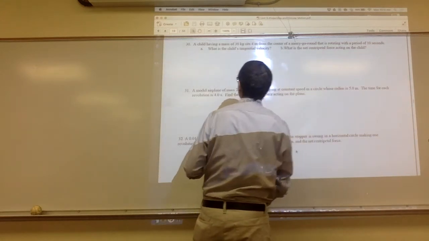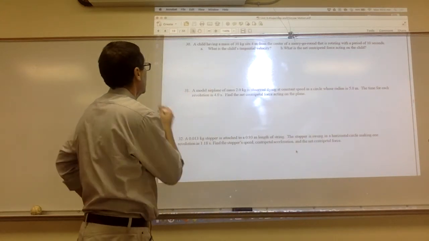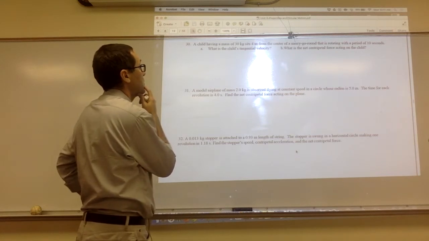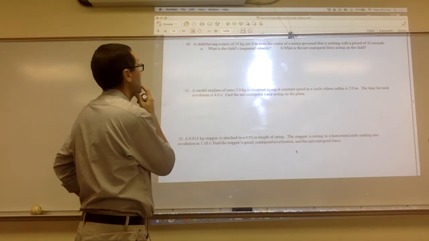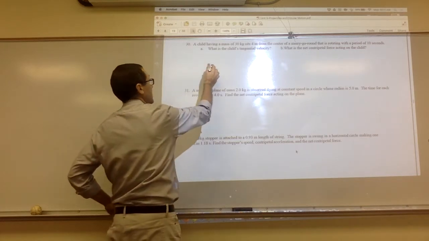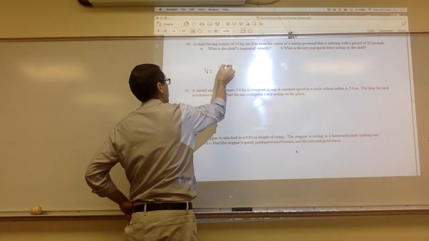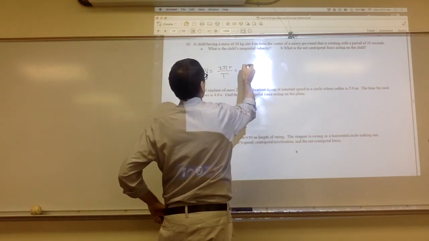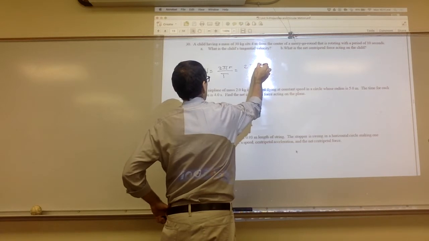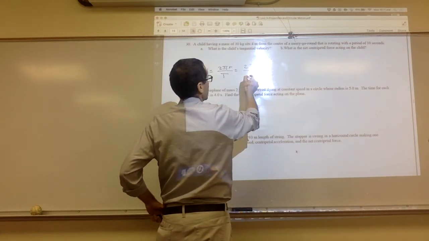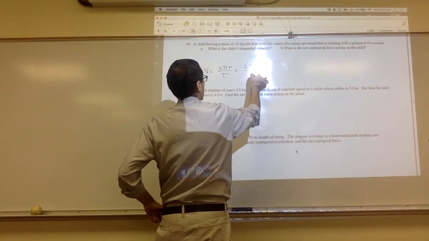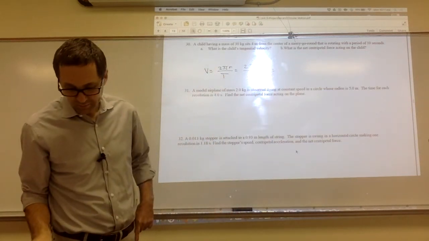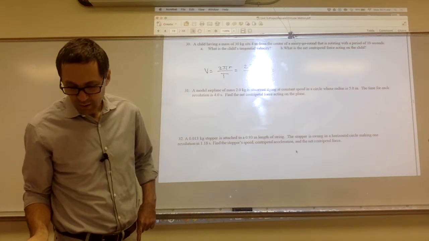I'm going to go through this pretty quickly. A child having a mass of 30 kilograms sits 4 meters from the center of a merry-go-round that is rotating with a period of 10 seconds. What's the speed? What's the velocity? So velocity is circumference over period. And that should be just 2 pi times 4 divided by 10. And you get your velocity to be 2.51